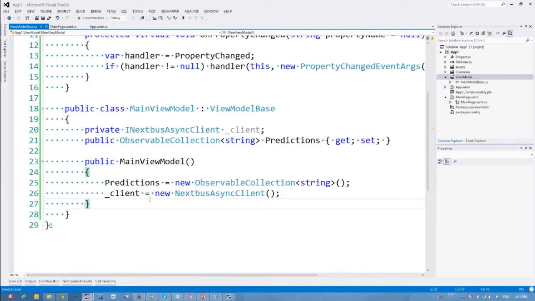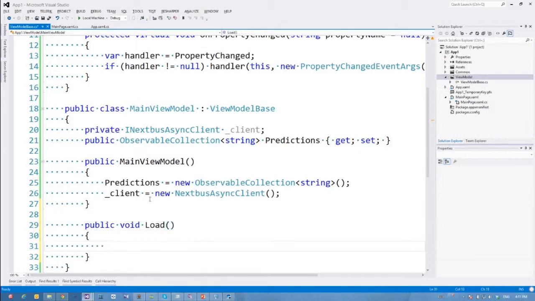So this is the very basic stuff. Let's create a model, a method for loading that data initially. So like I said, let's start with something simple. I'm not going to select the stop or anything like that. Let's start with a hard-coded one. So let's say get predictions,